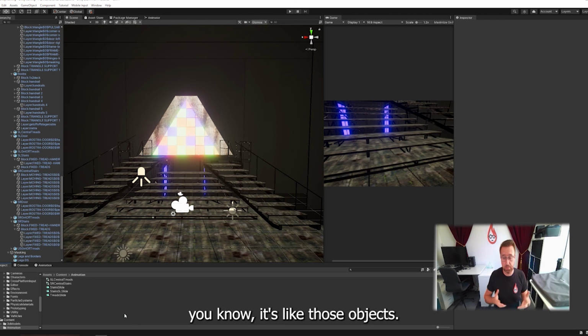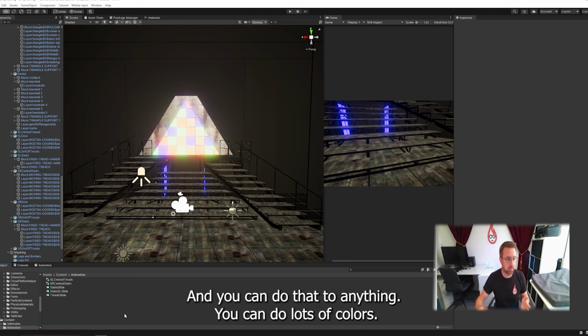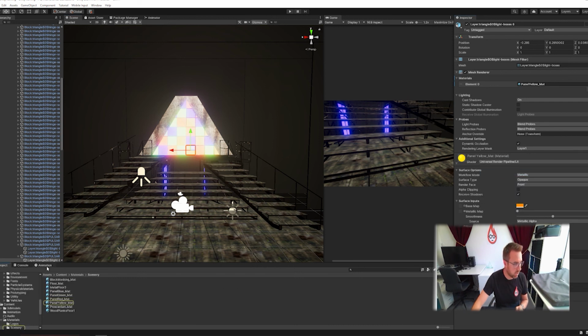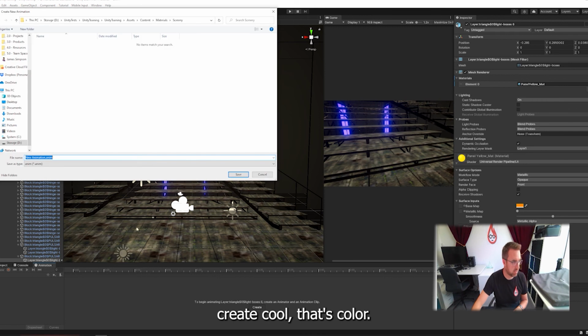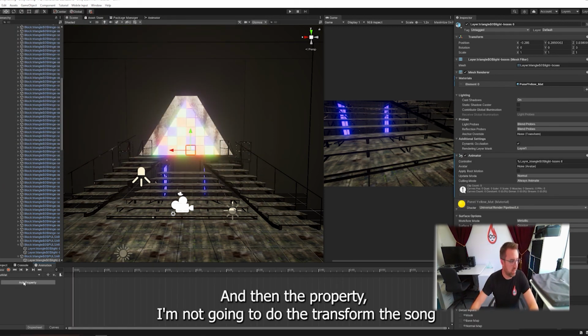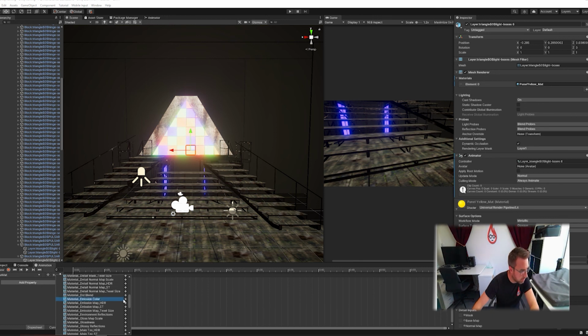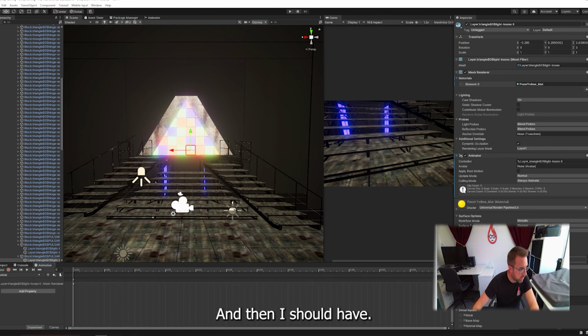You manipulate those objects, and you can do that to anything. You can do that to colours. So if I clicked on one of my materials up here, I'm going to select this material, go to my animation timeline, create, call that color matte, and then add the property. I'm not going to do the transform this time. I'm going to do my material emission color,